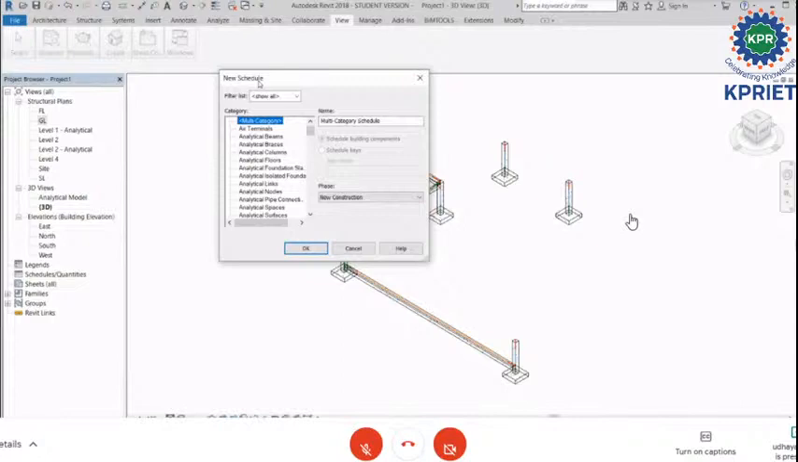Schedule means you go to a brick schedule, a floor schedule, a steel schedule, or any schedule. You make this, right? I need only the column schedule, only column concrete. You simply go to this,